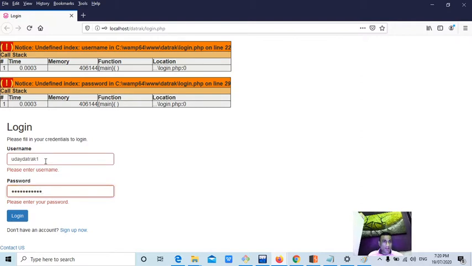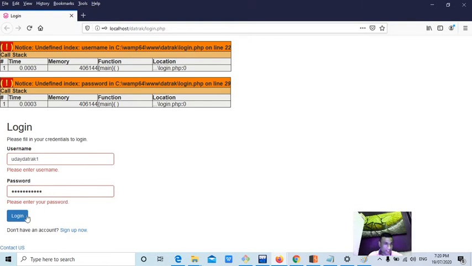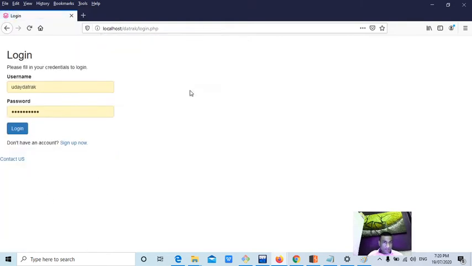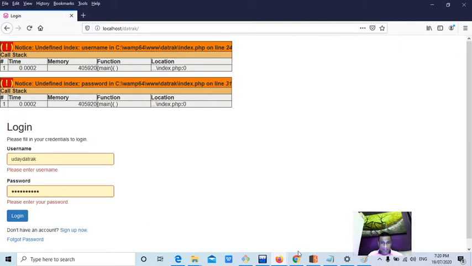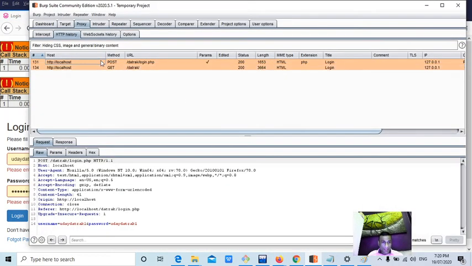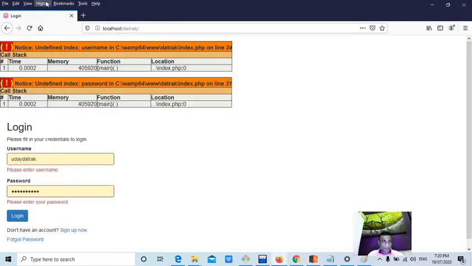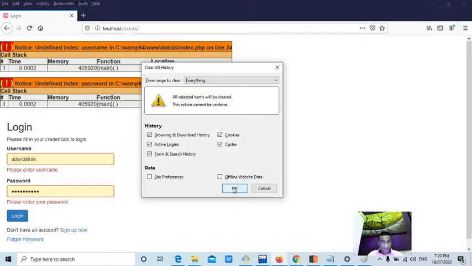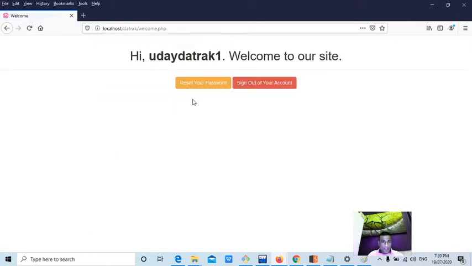If you have entered the wrong username and password, try to clear the browser history and Burp history once again. Maybe I did not enter something properly, so let me clear the history here. Yes, now I logged in.